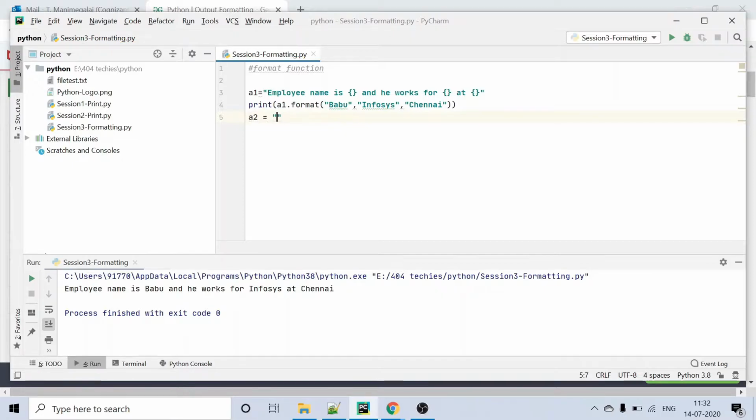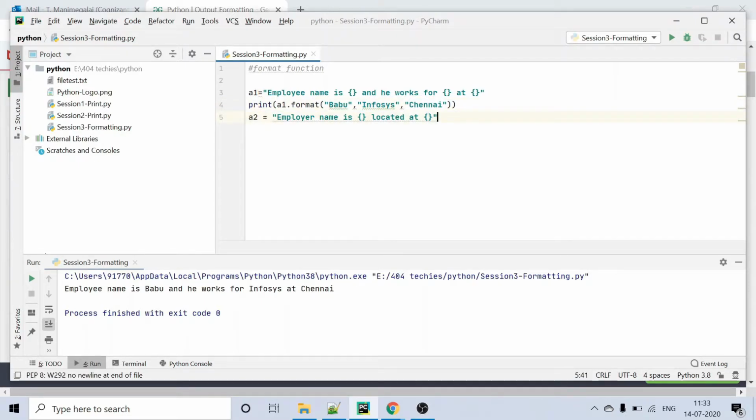The employer name is some data and located at. So what I'm trying to do is I want the second data given here in the first curly bracket of a2 variable, and then the third data given here in the second curly bracket of a2 variable.